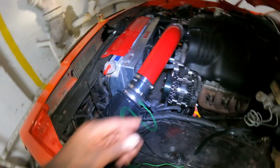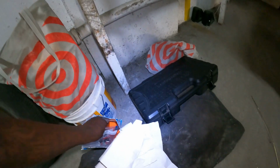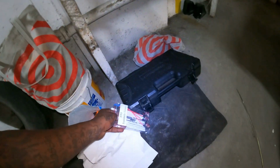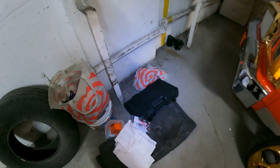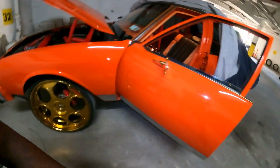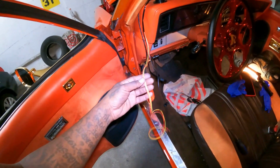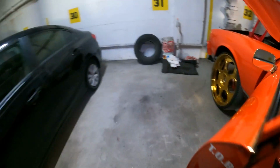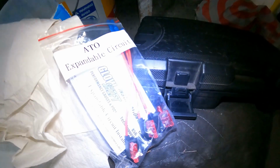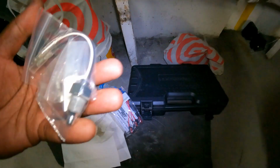So this right here actually has to go to the tranny, and let me show y'all basically the little accessories I got. So this right here is an expandable circuit where I have to connect to my fuse box and connect to these wires here, the yellow, the orange, and the red, to basically get current. So going through the fuse box with this. What else we got here? This right here is